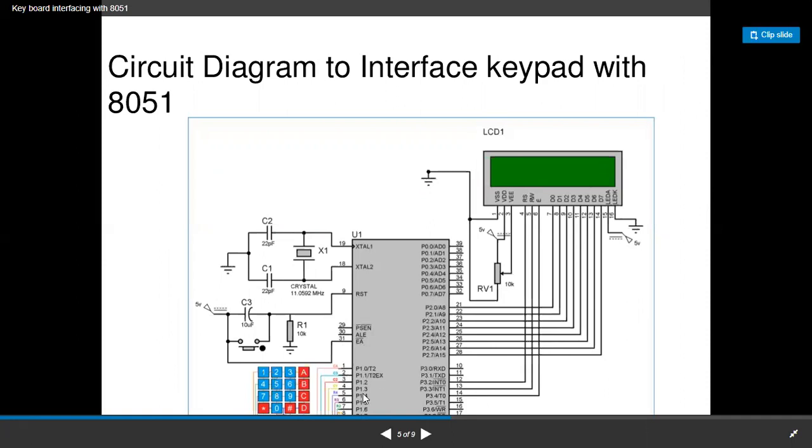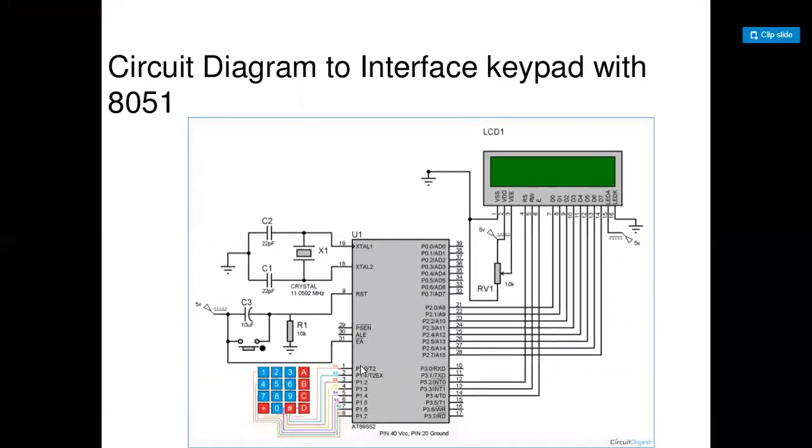मैंने port की pins को connect कर दिया है keyboard के साथ. This is my R1 resistor, C1, C2, C3 capacitors of 10, 22 picofarad and 10 microfarad. This is my crystal oscillator X1 and X2. So this is 1, 2, 3, 4, 5, 6, 7, 8, 9, 0, star, hash, A, B, C, D. So correspondingly connections can be made, and